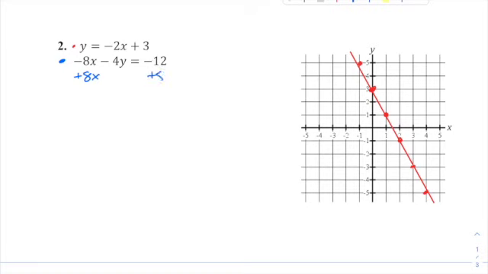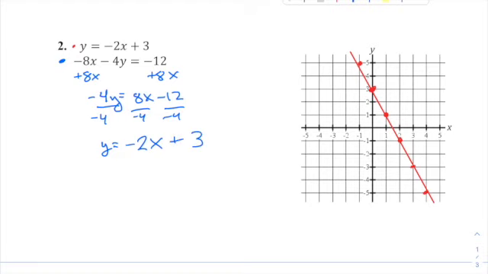So I'm going to add 8x, right? Get those off that side. Now I'm left with negative 4y equals 8x minus 12. I'm going to divide everything by negative 4. And now I'll have y equals 8 divided by negative 4 is negative 2x, and negative 12 divided by negative 4 is positive 3. So now I'm going to graph this line, y equals negative 2x plus 3,